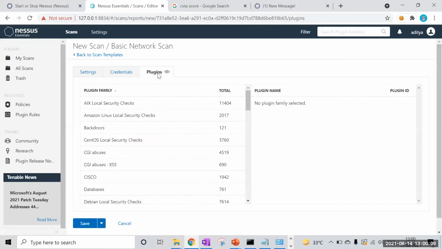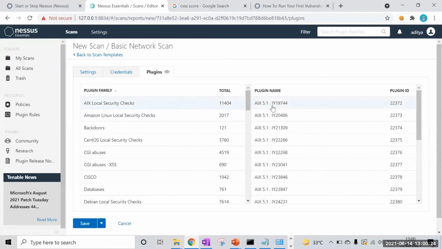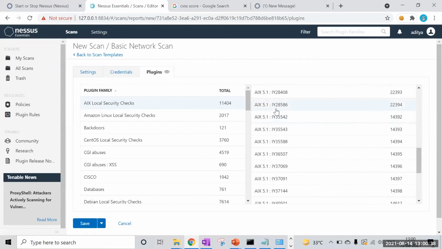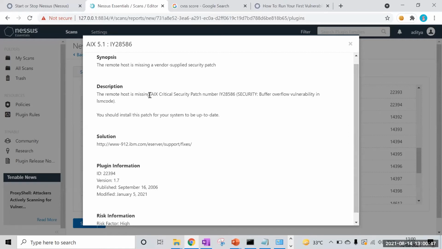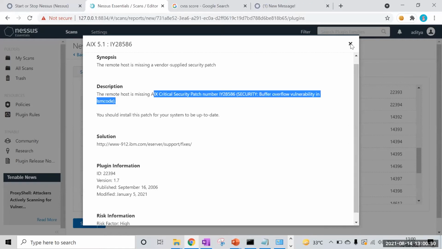So plugins are the main building blocks of the Nessus scanner. There are lots of plugins available depending on what kind of vulnerability it is. Let's say AIX local security checks. In this plugin family, there are lots of plugin names here. As you can see, this is the plugin ID which you can use to reference these plugins. If you double click over here, you'll get the details of what the plugin does. The remote host is missing a vendor supplied security patch for AIX critical security. Like this, there are many useful